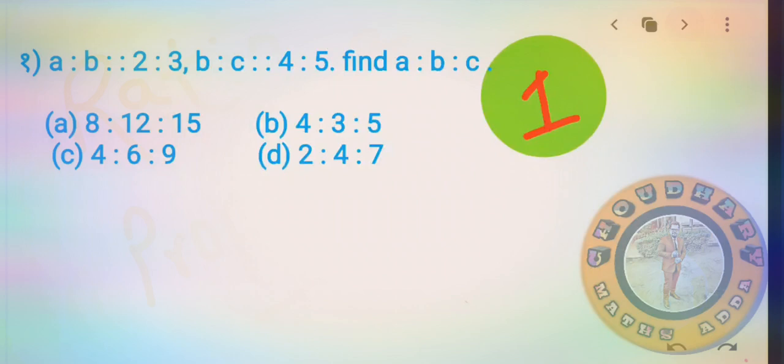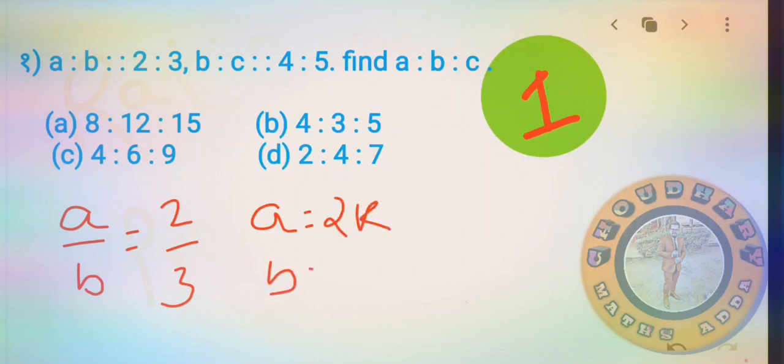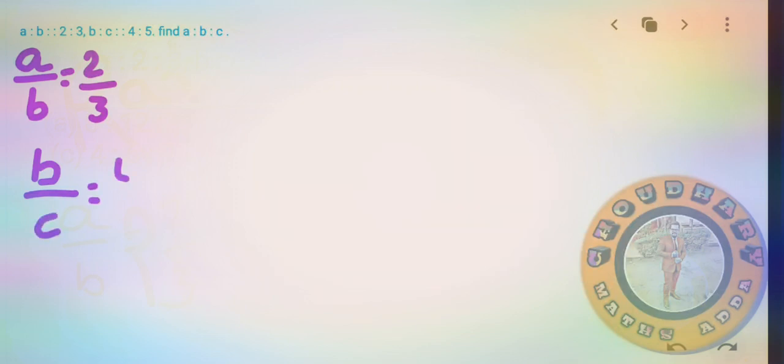आप वैसे देख सकते हैं कि अगर ये A/B 2:3 है तो हम ये मान सकते हैं A = 2K है एंड B = 3K है। ये तो आप लोगों ने बेसिक में पढ़ाई होगा, राइट? सही है, इस क्वेश्चन को सॉल्व करते हैं। सो अपने पास क्या दिया, A/B = 2:3 एंड B is to C = 4:5। अब अगर यहाँ देख पा रहे हैं तो B एंड C का एक जगह B का वैल्यू 3 है एंड एक जगह B का वैल्यू 4 है। सो फर्स्ट ऑफ ऑल वी हैव टू मेक दीज टू वैल्यूज टू बी